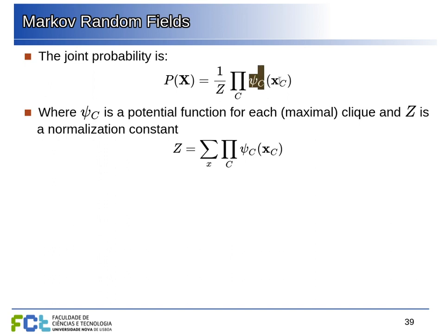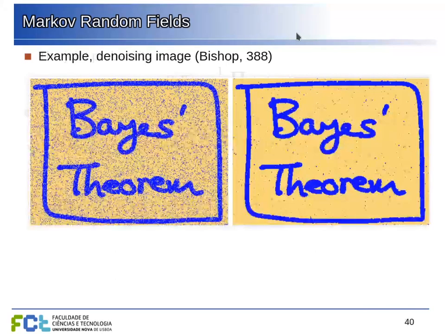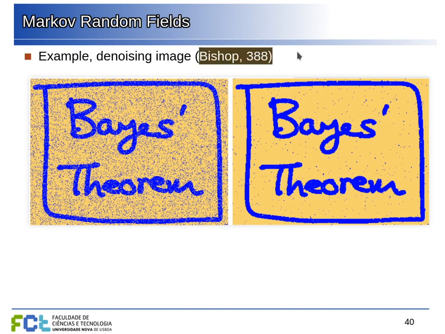Now, the way we can choose this function and the parameters for the function depends on what we want to express, and how we want to set the relations between the variables. Let's look at a simple example of how we can use this. This is in more detail in Bishop's book if you want to take a look, but the idea is to